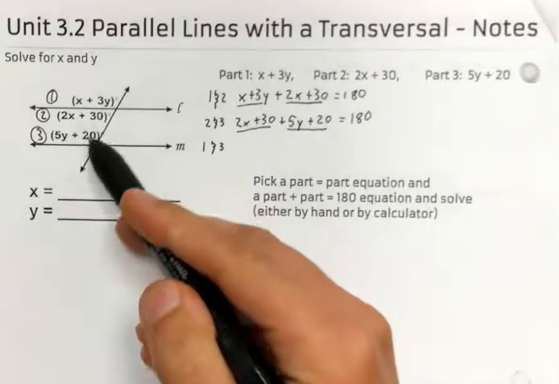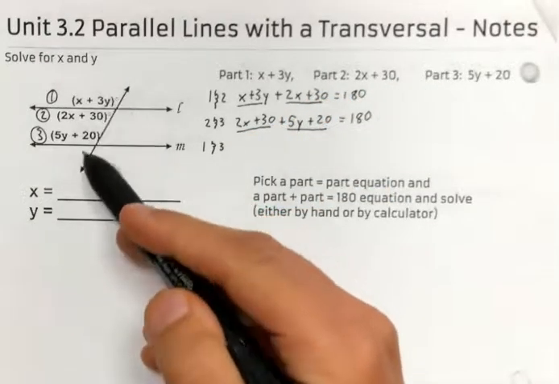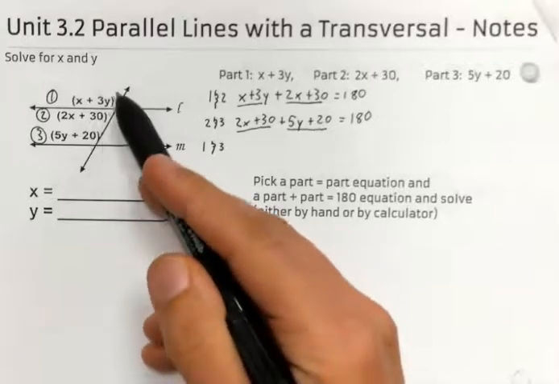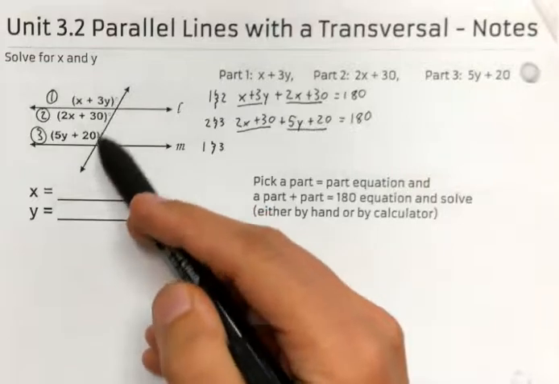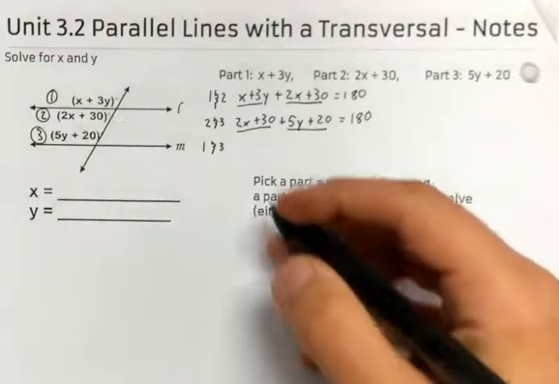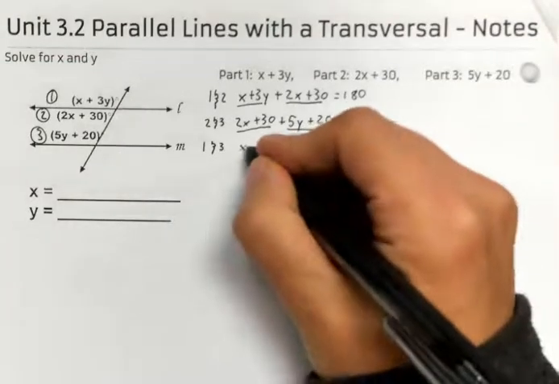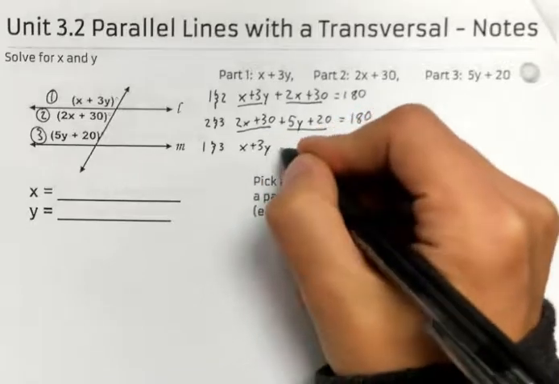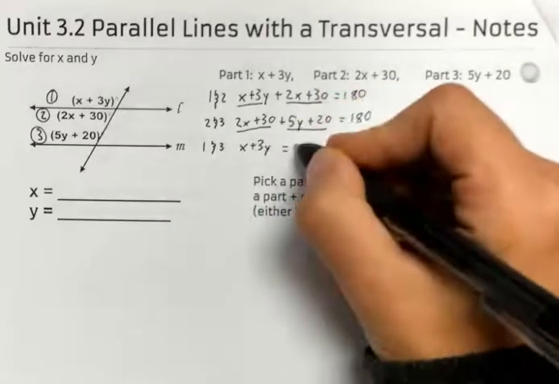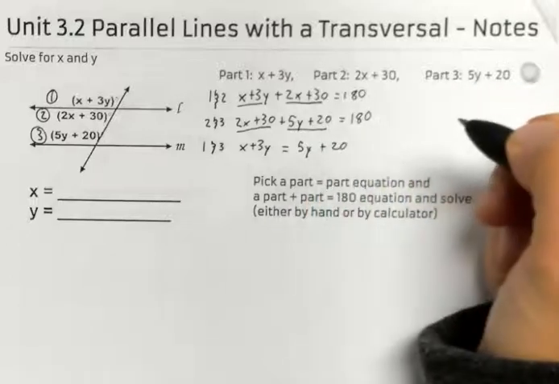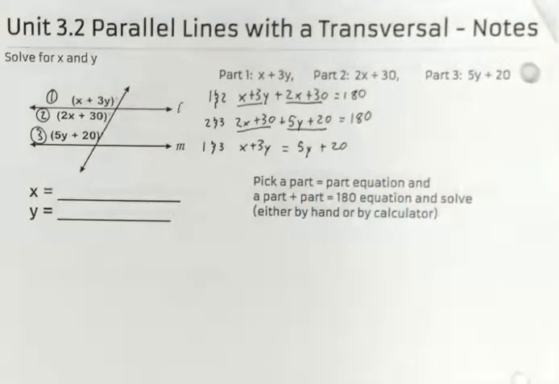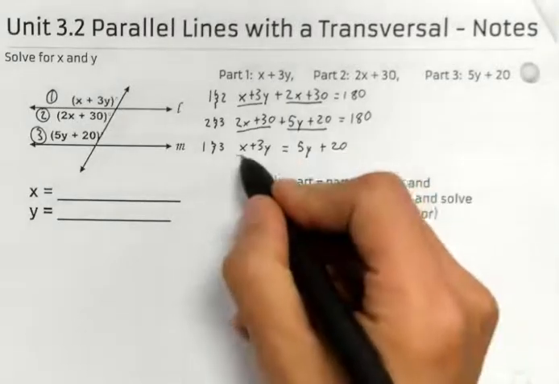So 1 and 3, what kind of angle pairing is this? Well, 1 and 3, the angle pairing, these are corresponding angles. And corresponding angles is part equals part. So we've got one part, which is x plus 3y, is equal to the other part, which is 5y plus 20. Okay? So I'm going to show you two ways to solve, and you can pick whichever way you like